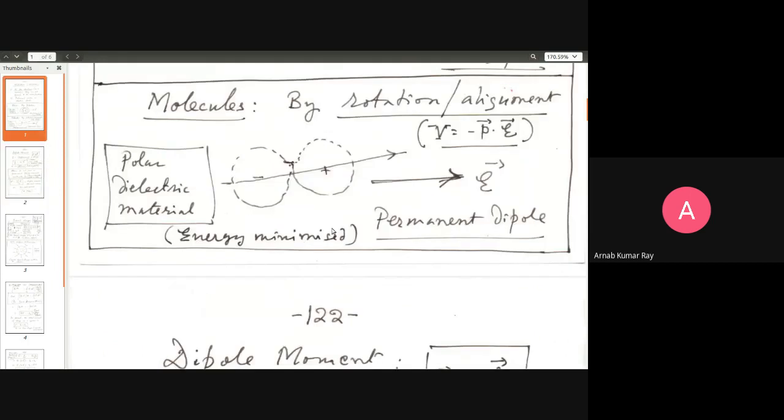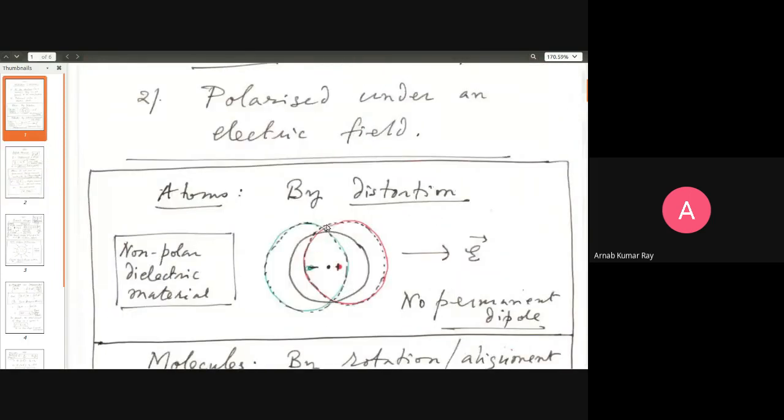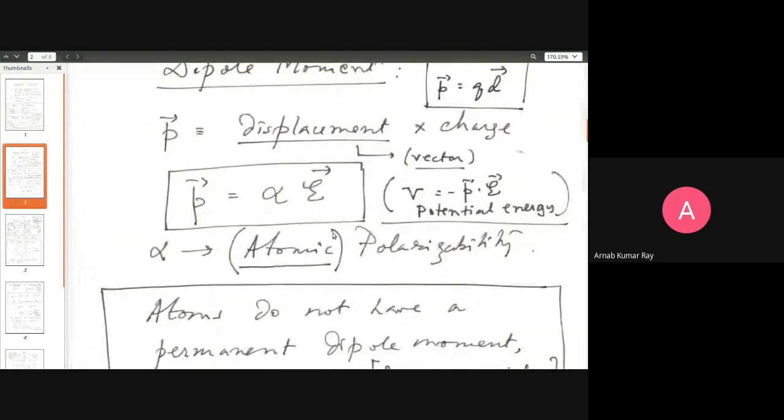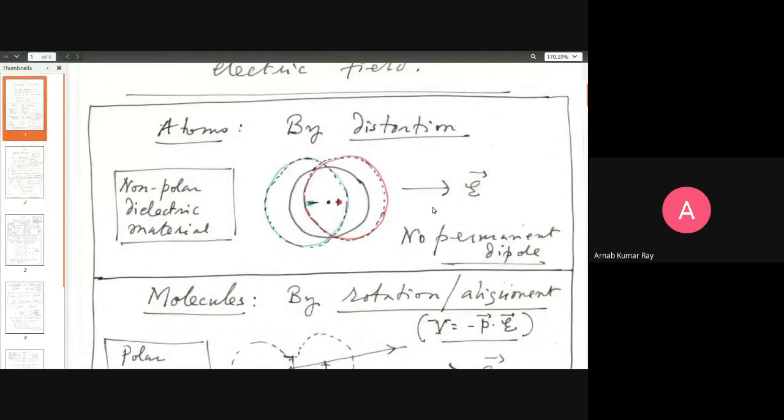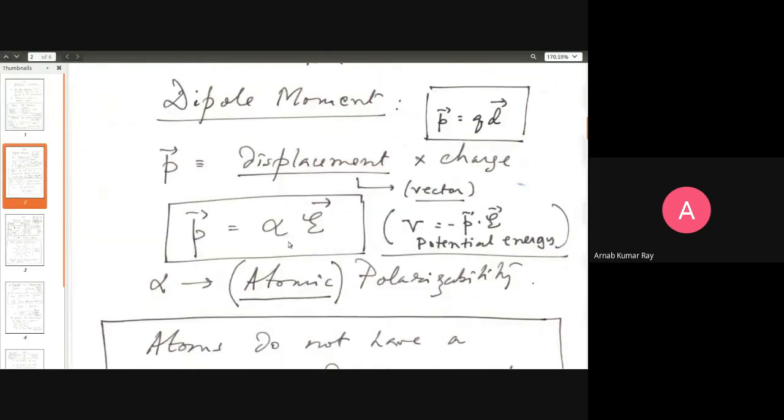Okay, so in the case of atoms, this point I'm stressing once again. In the last class, I caused some confusion about this thing. In the case of atoms, you can immediately see that if the electric field is withdrawn, the dipole structure will be lost. So in the case of atoms, the stronger the external electric field, the stronger will be this distortion, this stretching, and greater will be the dipole moment. Therefore, there's a proportional behavior between the applied external electric field and the dipole moment, and the proportionality factor is known as polarizability, or more specifically, atomic polarizability.